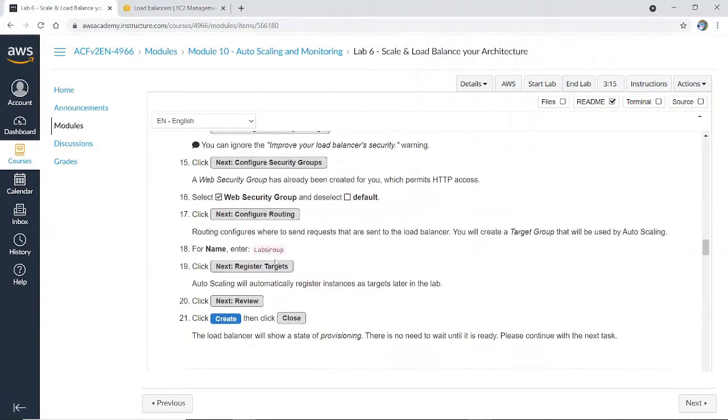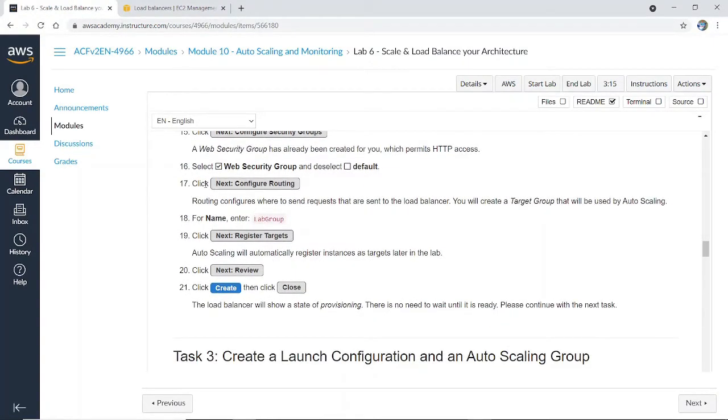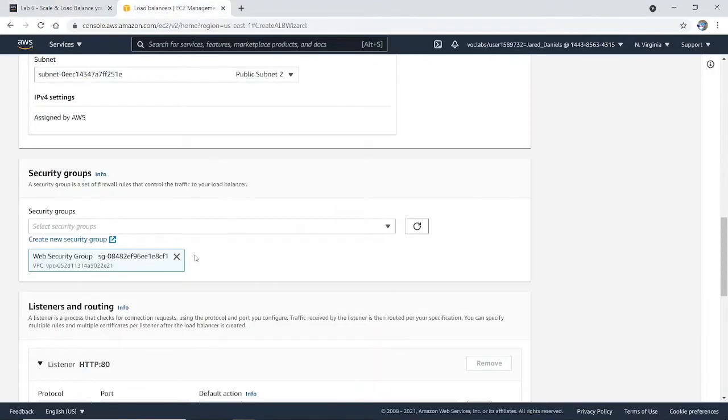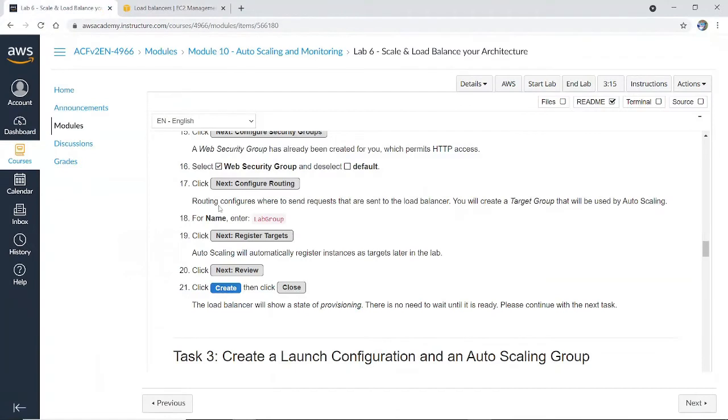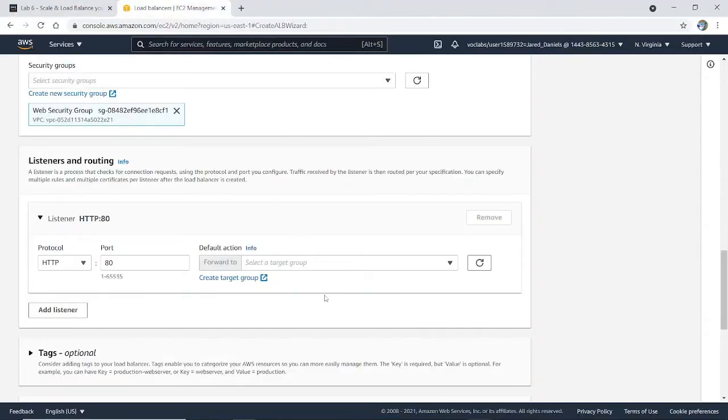Now, after this, configure routing, which we just scroll down to listeners and routing. And routing configures where to send the requests that are sent to the load balancer. We will create a target group that will be used by autoscaling. So in this case, we have to create the target group,